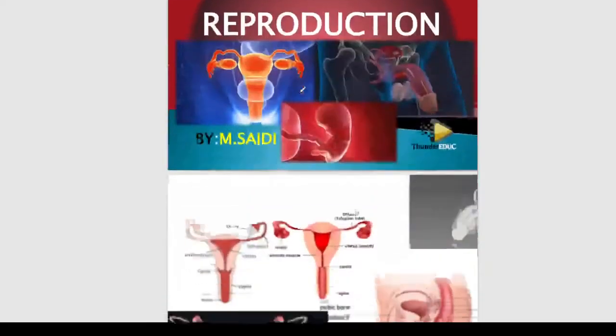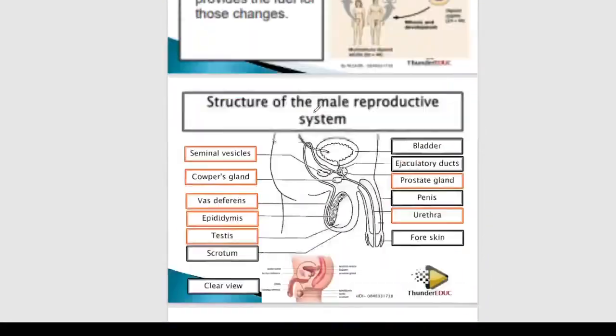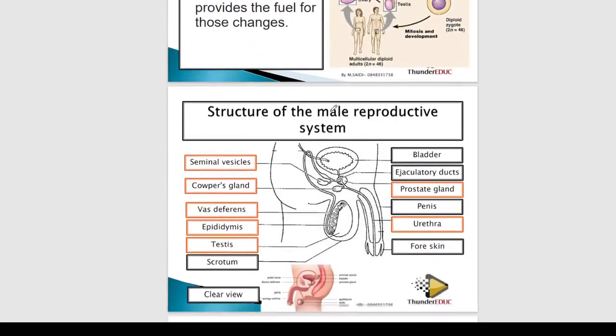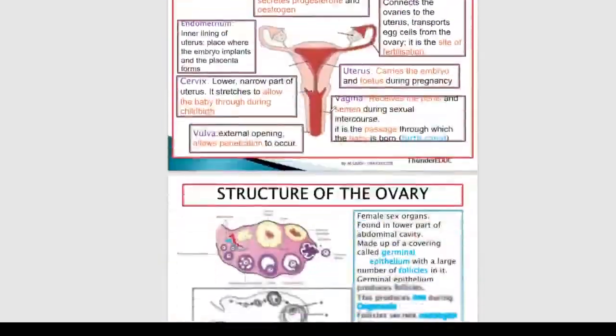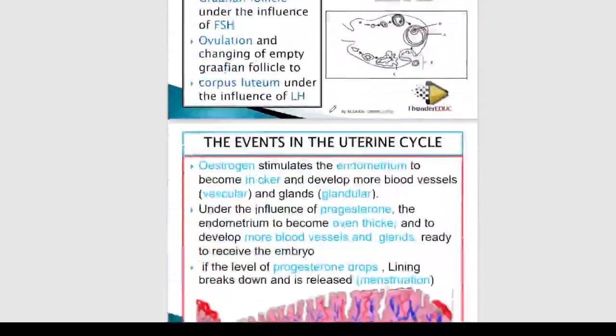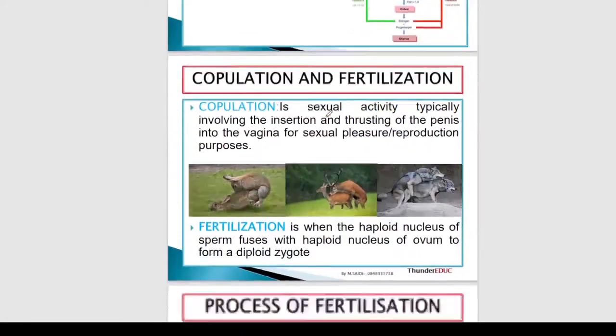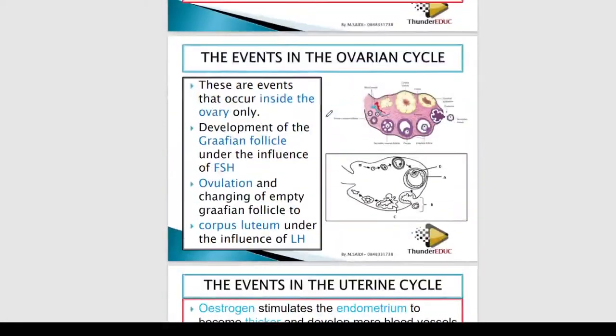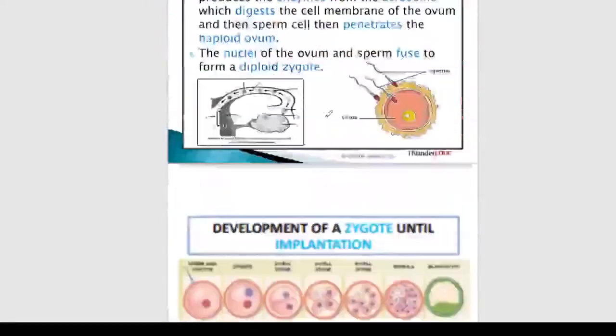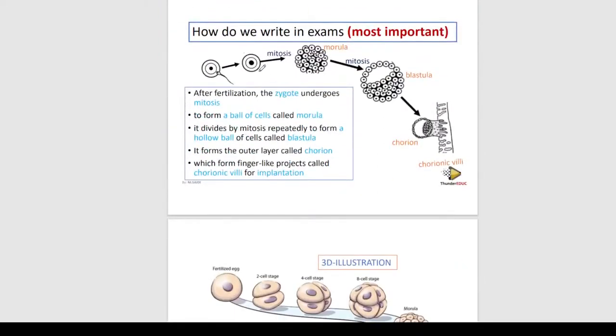I think, yeah, I've not gone through here, but I think it is clear there. Please don't go without knowing those. Development of the zygote until implantation. I'm talking about this, the copulation is here. Yes, you can also do that, but it is out of the 2 weeks. So I don't know whether they're going to bring it or they won't bring it. But if they bring it, please don't forget that this is